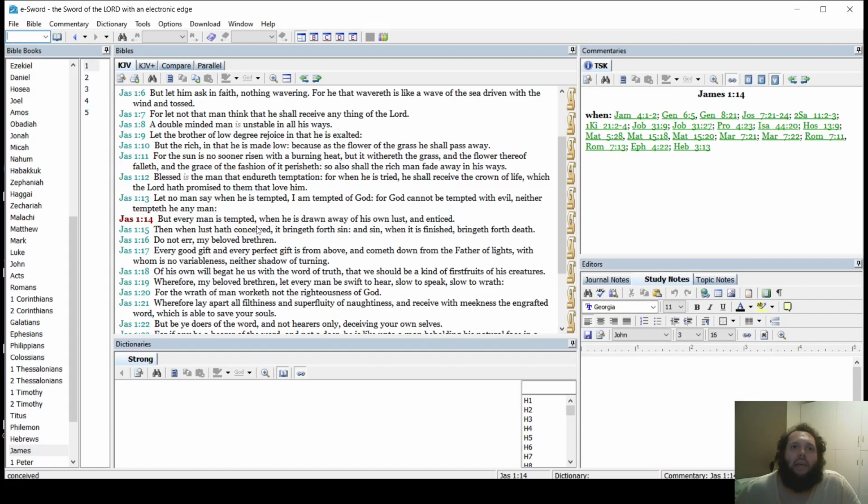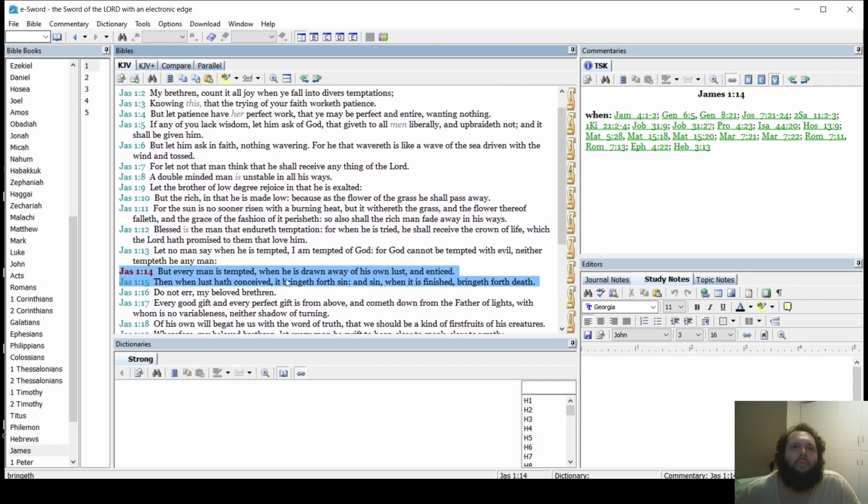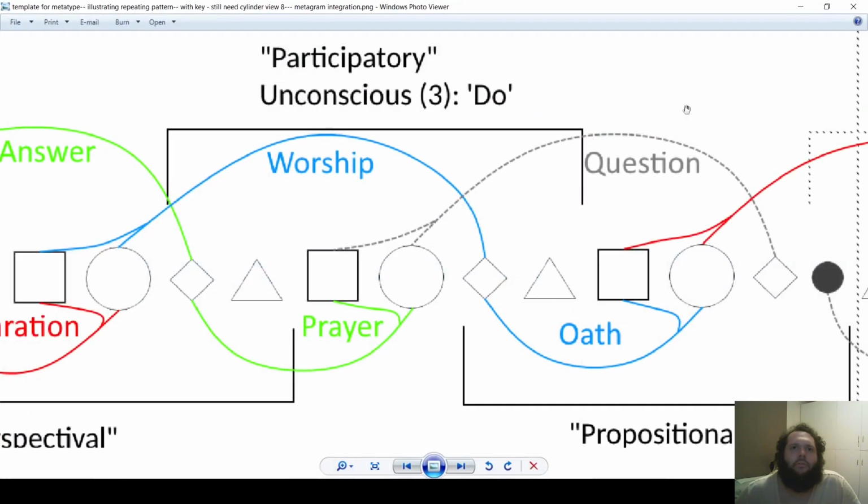But every man is tempted when he is drawn away of his own lust and enticed. Then when lust hath conceived, it bringeth forth sin, and sin, when it is finished, bringeth forth death. Okay. Every man is tempted when he is drawn away of his own lust and enticed. So,